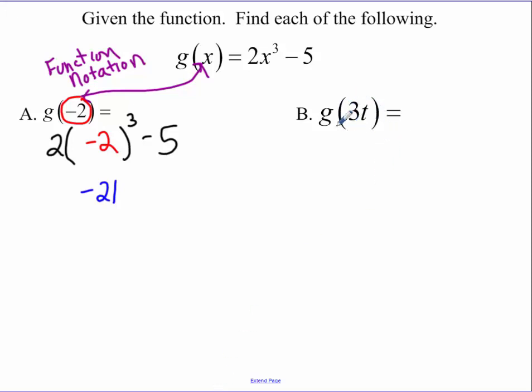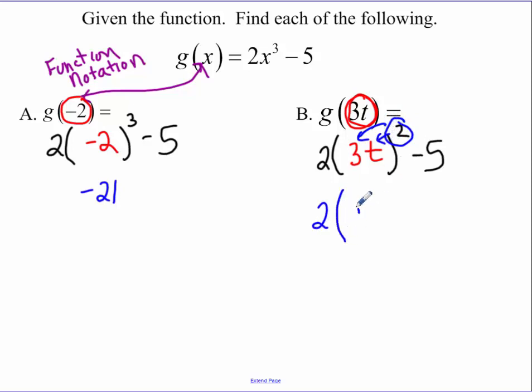Now in this case, we have that's my new x. So I plug that in wherever I see an x. So I have 2 of something squared minus 5. I have 2 of 3t squared. Simplifying that out, make sure the 2 goes to both. So I have 2 times 9t squared. The exponent gets distributed to both. Minus 5. Really, this is like saying